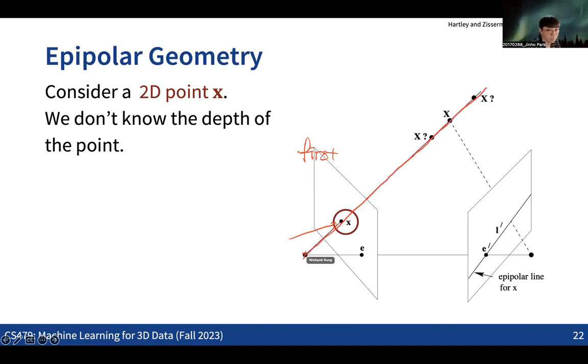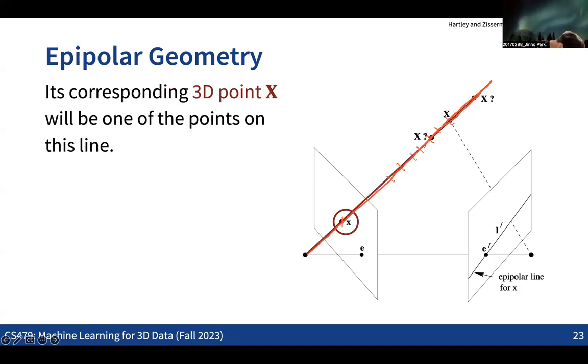The thing is that we only have this 2D point information, which means that we don't know exactly where this point is projected into this 2D plane. So it can be this point or this point or this point. Any point on this ray can be the 3D point which was projected into this 2D pixel. So we can shoot a ray into this 3D space, and any of the points on this line can be the 3D point, right?